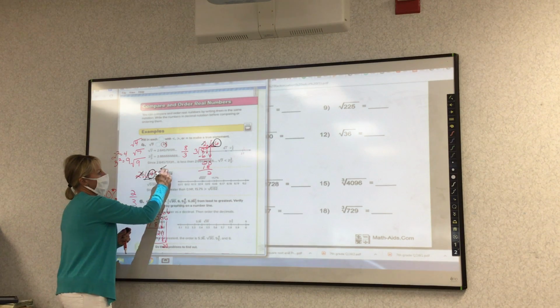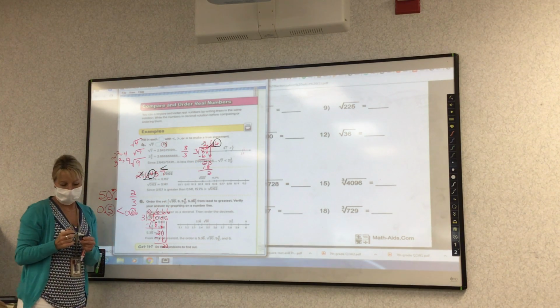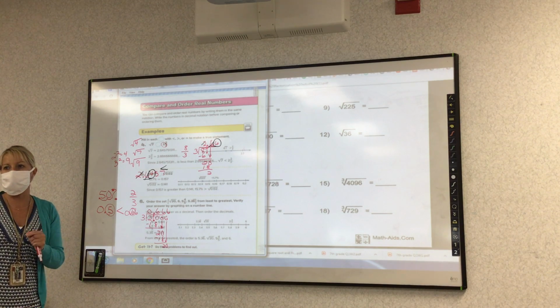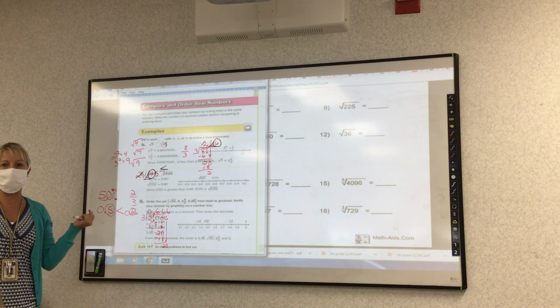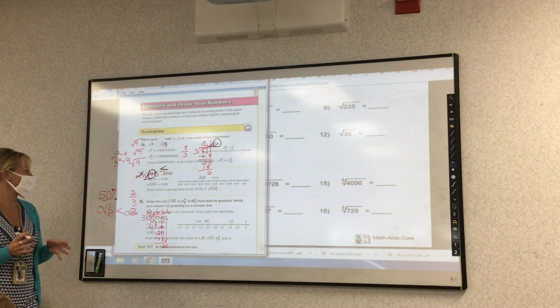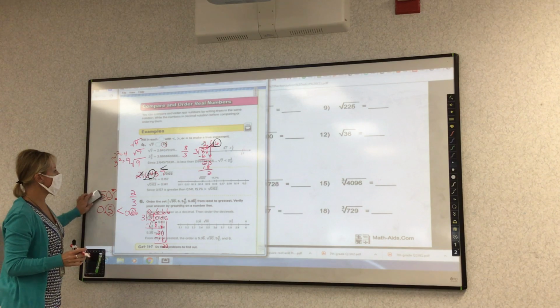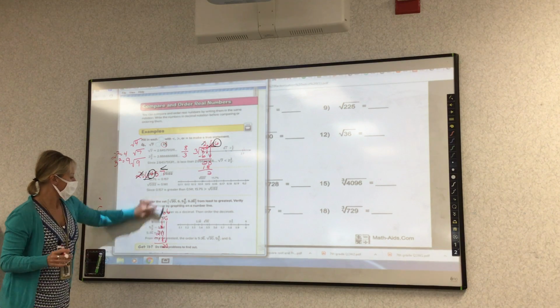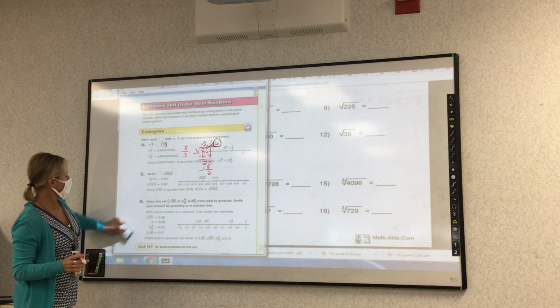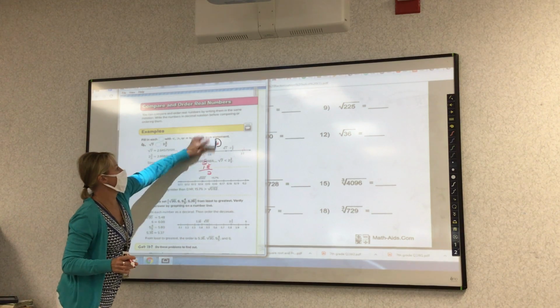4 is less than 6. So you have to do some work in order to compare. You can't just say, oh, it's less than, because I think it's less than. You have to make them both decimals. So if I go to number 6, or excuse me, number 5, changing